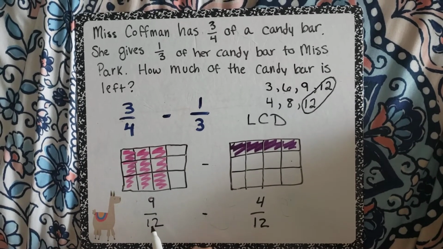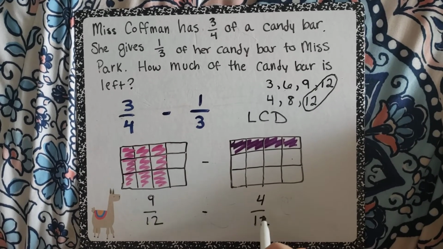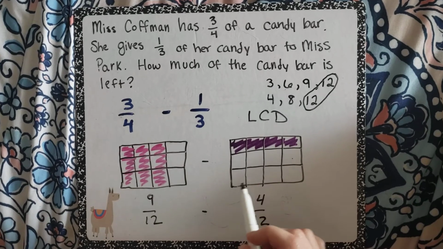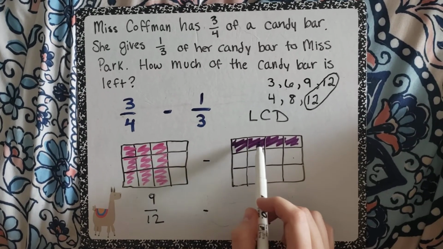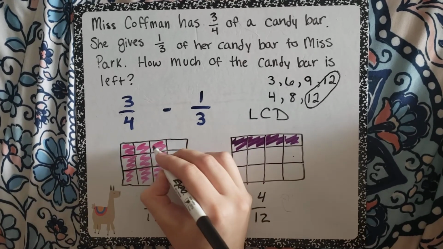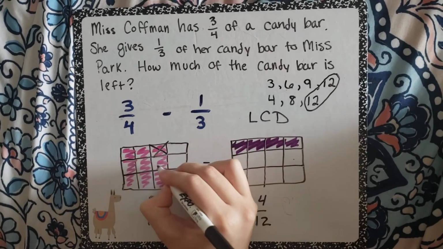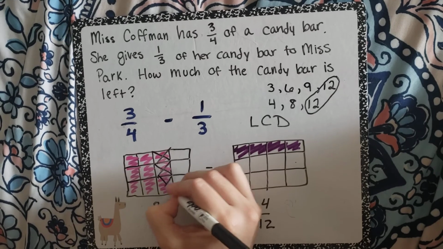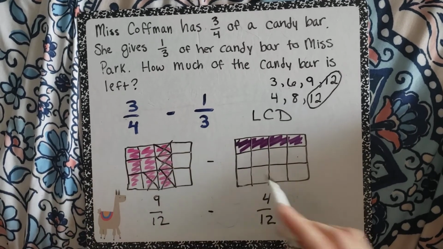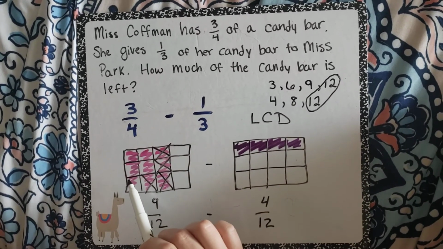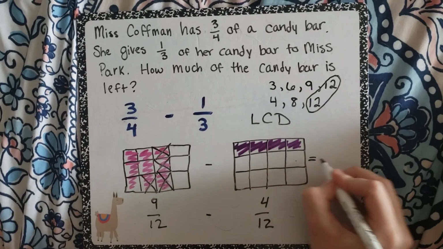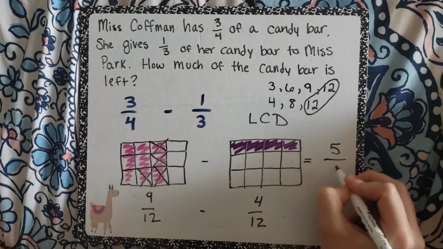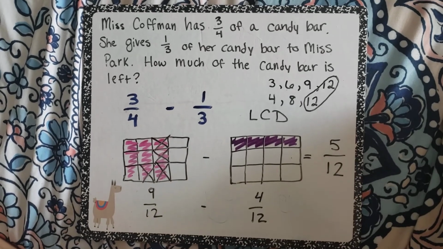So we're able to subtract these pieces from each other because they are the same size. So now we know we have 9 twelfths minus 4 twelfths. And if we want to take away, we can see these pieces right here, 1, 2, 3, 4. We can take away 4, 1, 2, 3, 4. And how many do we have left? 1, 2, 3, 4, 5. So we have 5 twelfths of the candy bar left,